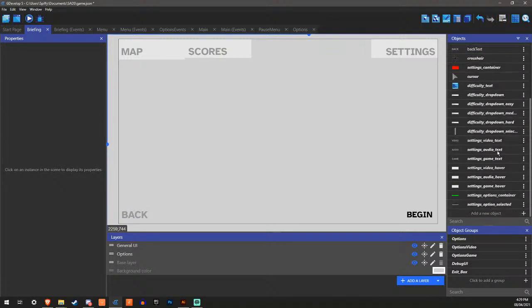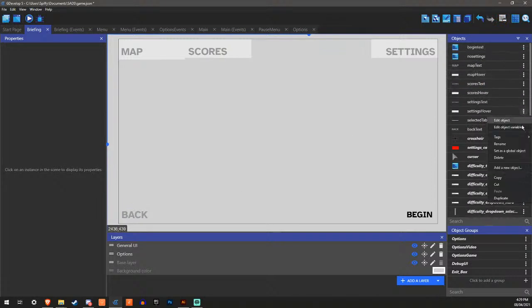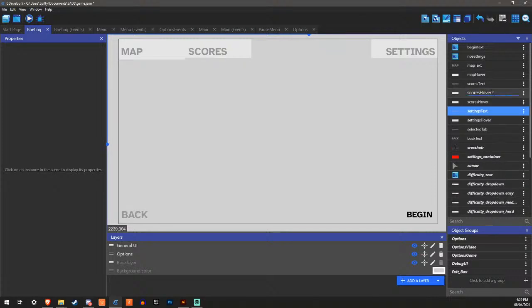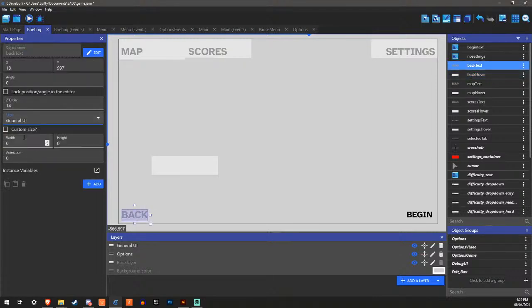Put that there. Now I can just duplicate this. Actually, no, I don't want to do that. I can do this instead. I don't need the encode. Now we can do the back hover. Put this up here. Put the back hover underneath it. Cool. Now we can put this onto general UI level 2.